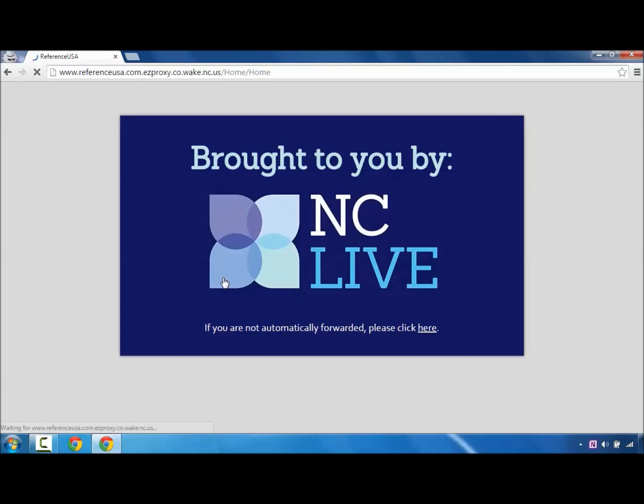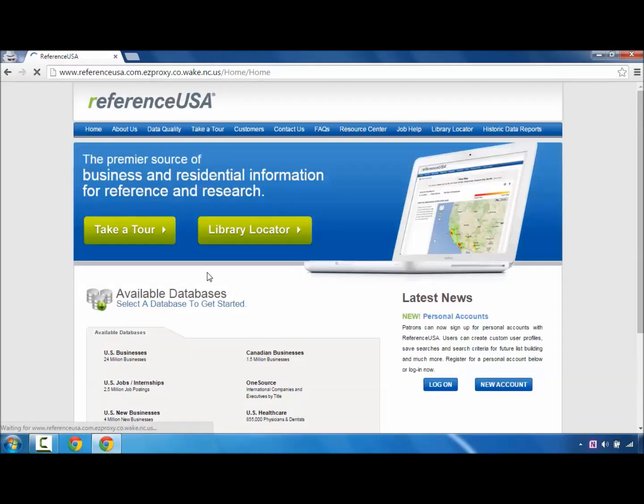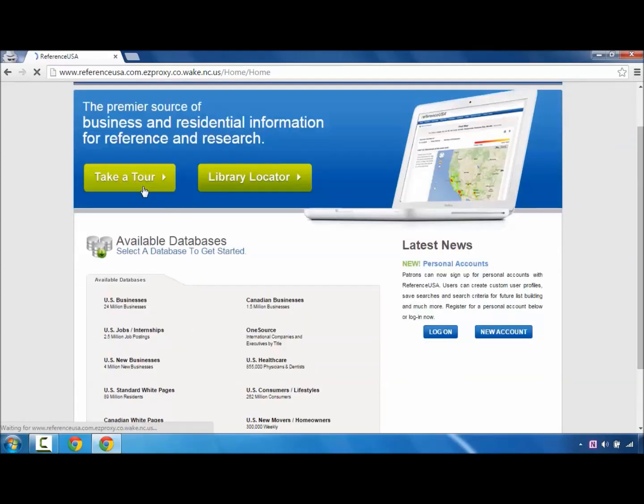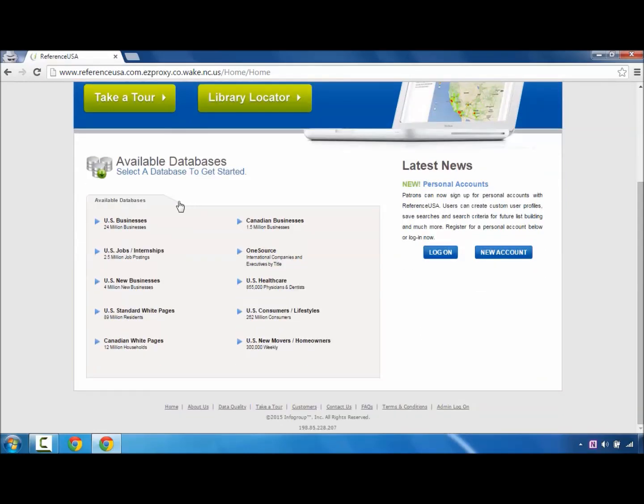Some of the information that's in here can be very useful so that you can get a better understanding of which companies may be available that allow you to target those specific employers. If you want to take a tour, they'll give you a tutorial. In this particular case, I've logged in. If my goal is to locate new U.S. businesses, I can, or if I want to look for a specific U.S. business, I can do that. So I'm going to click on U.S. businesses,